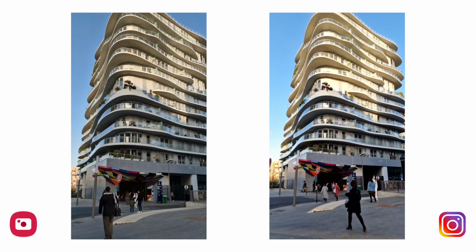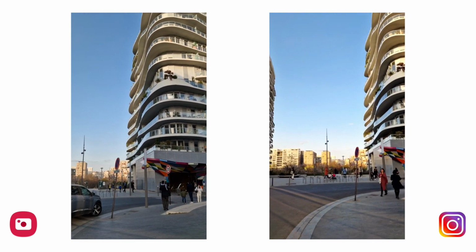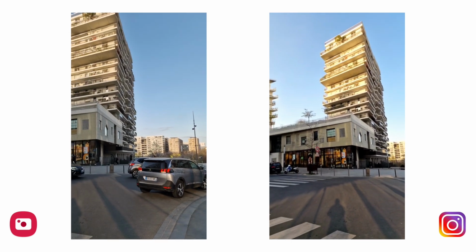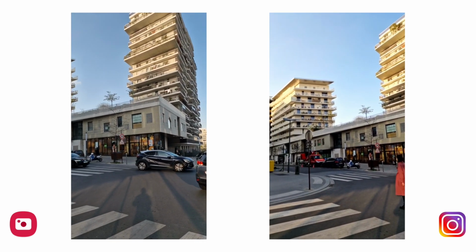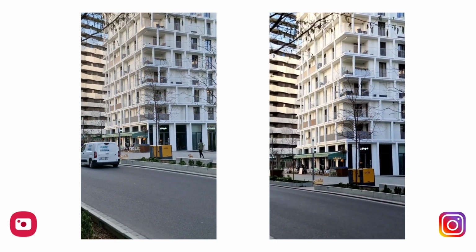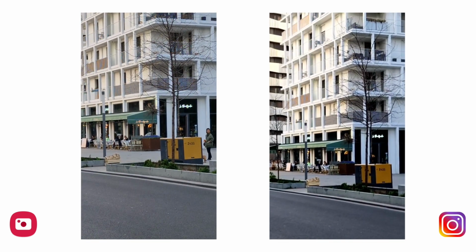The first thing you will notice is the highlights. As you can see here, the highlights on the Instagram app are really not worked. It looks like the optimization is not that good for video compared to the native camera app. Looking at the colors, on Instagram they are much more saturated compared to the native app.